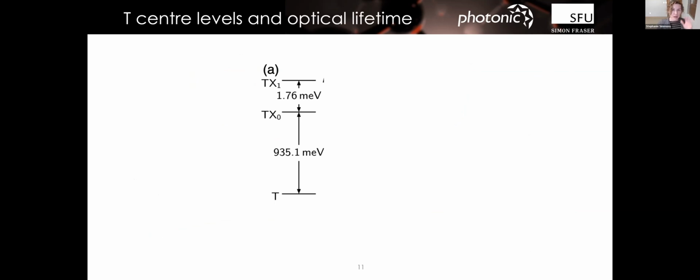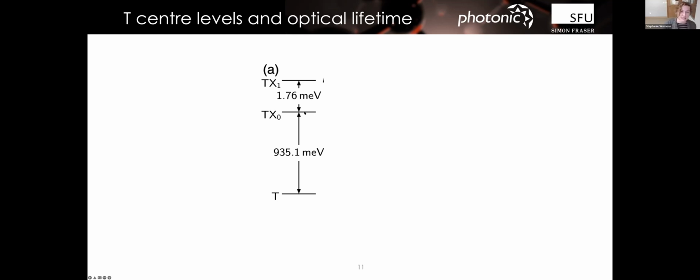So the structure, I'm going to go through it quickly because these are short talks. But I'll give you a flavor for what this object is and why we're so excited about it. It has this 1326 transition. It's an excitonic excited state, so it's temporary, it will emit. The excited states are TX0 and TX1, and both are doublets. They're split by almost 2 meV, which means if you're around 2 Kelvin, you don't need to worry about thermal activation to that next excited state level.